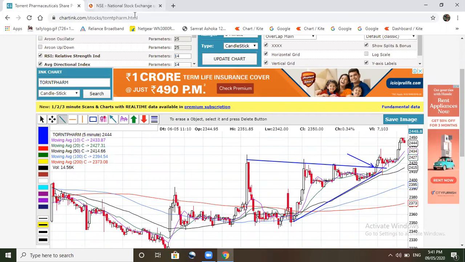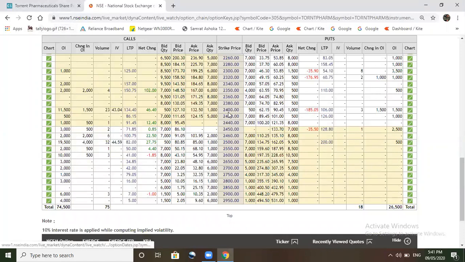And now how to find the target for intraday? Like the next level, you have to look for where there is more open interest. So here it is 500, 1000, 3000. So the immediate resistance will be around 2450. Now, although it is not the highest open interest as compared to these two, because this is the monthly option chain, within the day it cannot go up to the next highest level. So it will move one or two strike prices above.